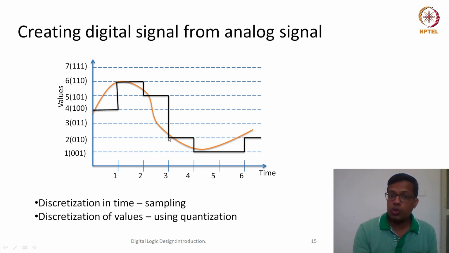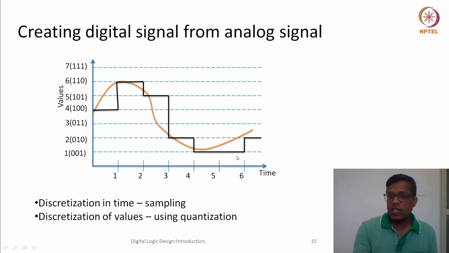now it is closer to 2 than to 3. It was actually between 2 and 3, but it was closer to 2. So at time equal to 3 we said the value is 2, and so on and so forth. Here we see for 4 as well as for 5, it was closer to 1 than to 2. So both at 4 and 5 we said it is 1.